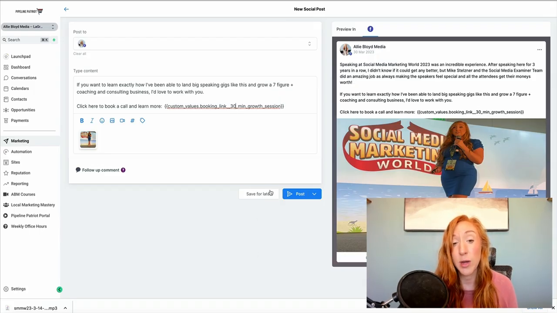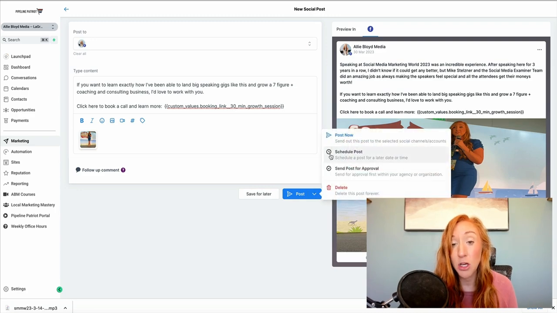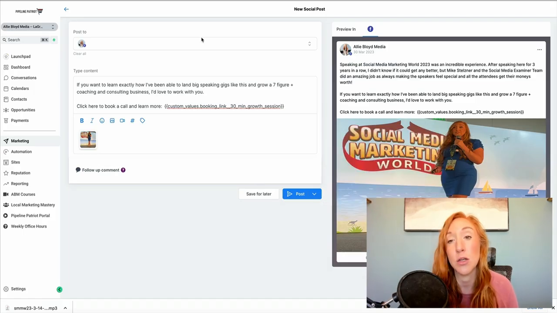and you can just really automate this process even further. So I could save this for later. I could schedule this post. I could send this post for approval, which is another really amazing option, or I could go ahead and post this now. So that is our basic tutorial using the social planner, and I'd strongly encourage you to start using